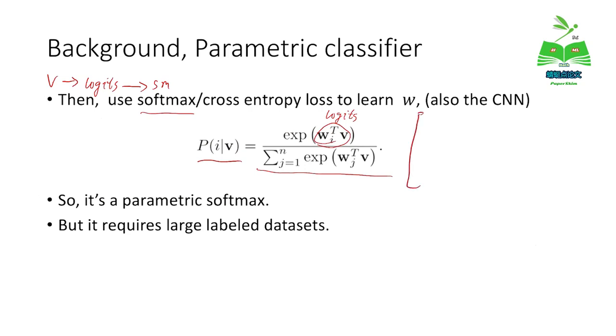Given V, we want to compute the probability corresponding to category i. So we have M classes, to get the probability vector and compute the cross entropy loss,